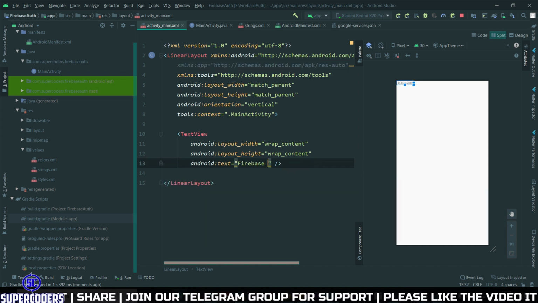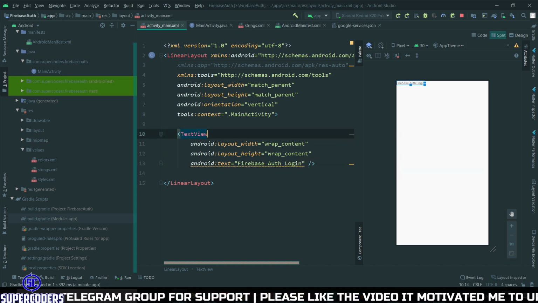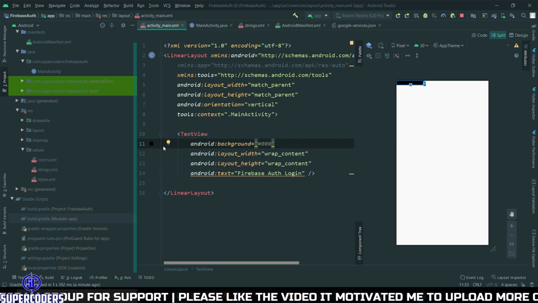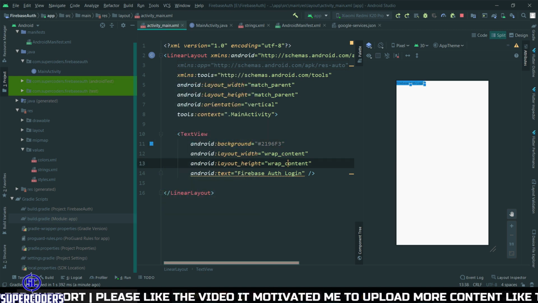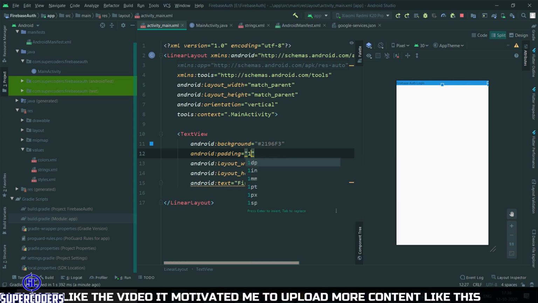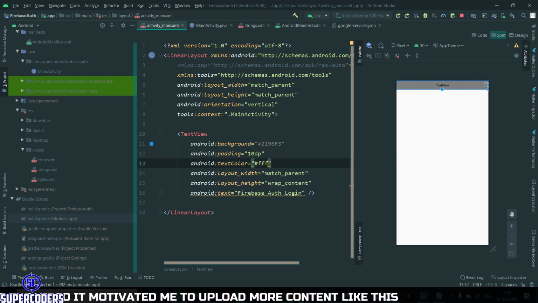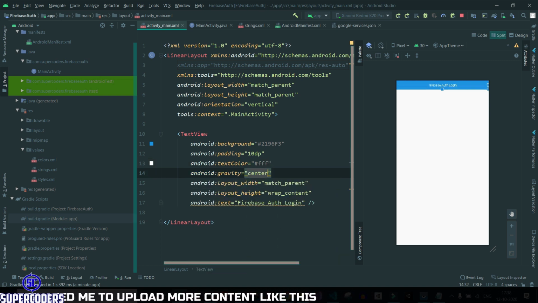Firebase auth login. Background, select the background. Match parent, padding 10 dp, color white, gravity center.